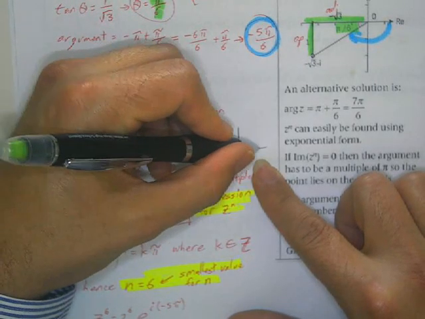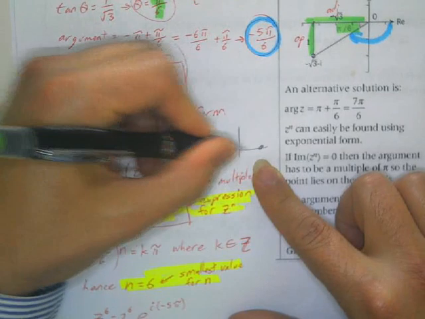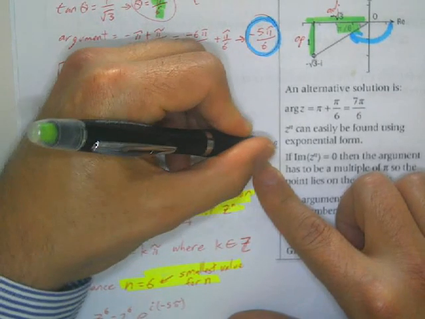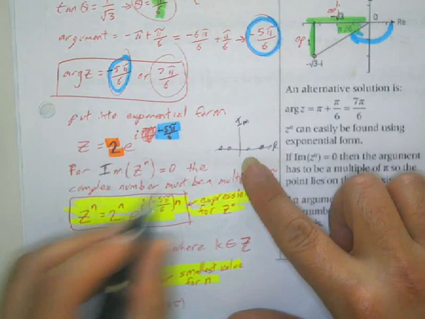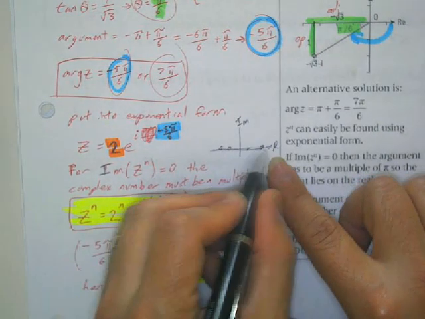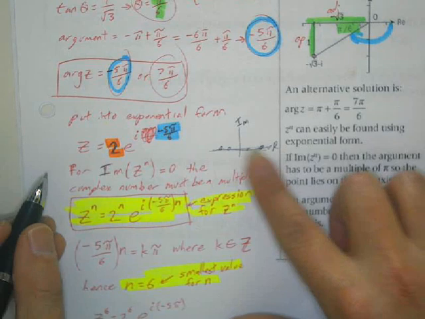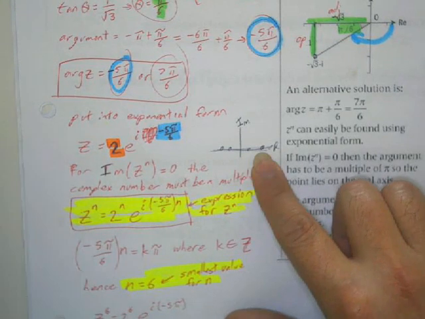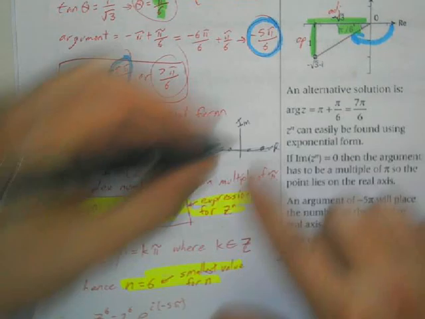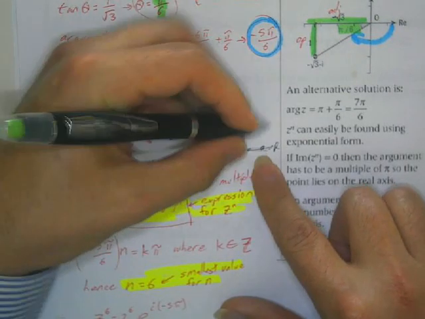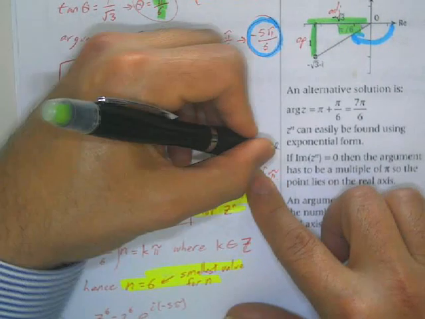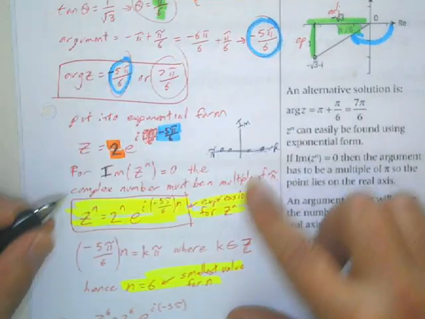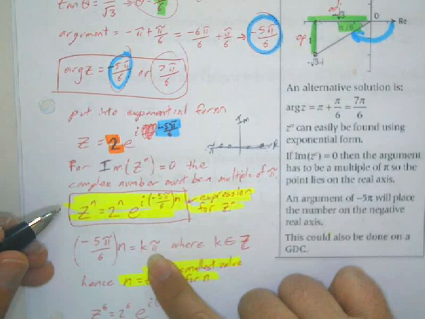there's going to be a real value, but if the imaginary part is 0, it's going to be somewhere here on the x-axis. In order to be somewhere on the x-axis, we have to be at pi, or negative pi, or 2 pi, or 3 pi, or 4 pi, or something. We have to be at some multiple of pi. So to figure this out,